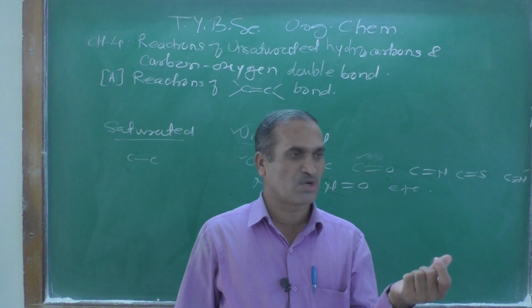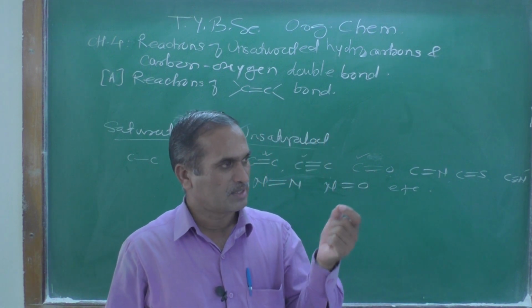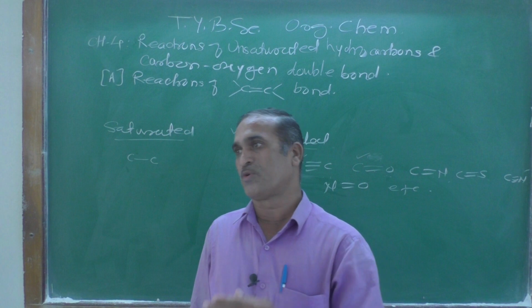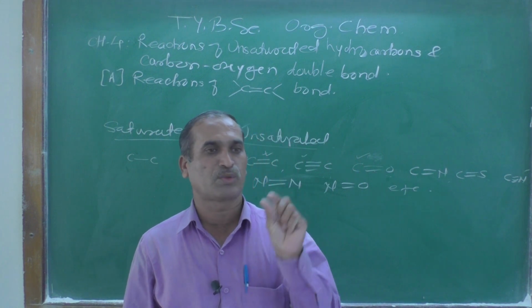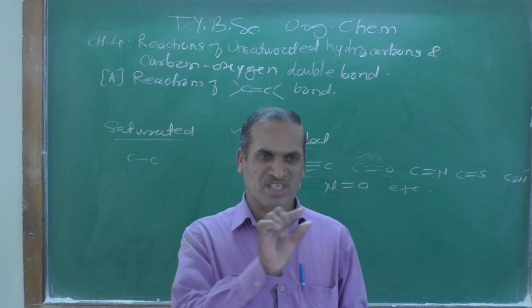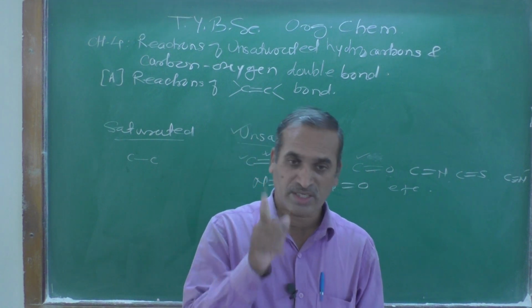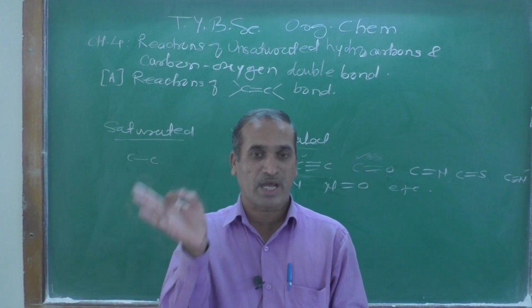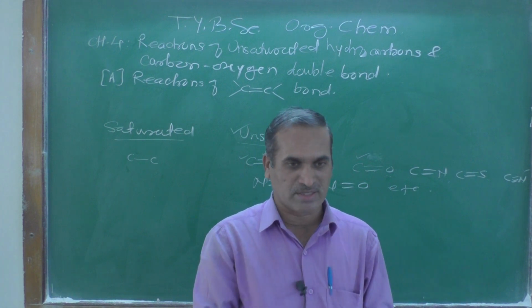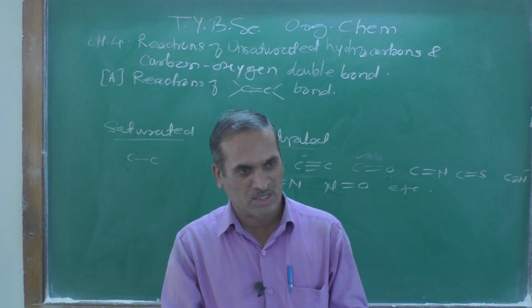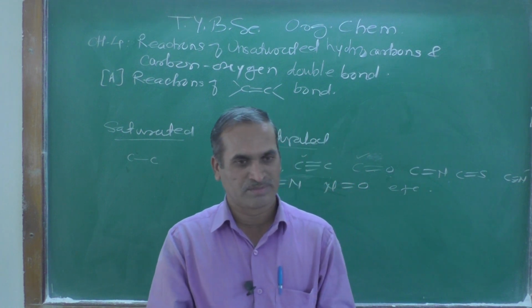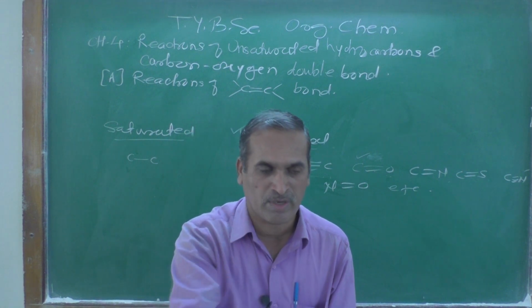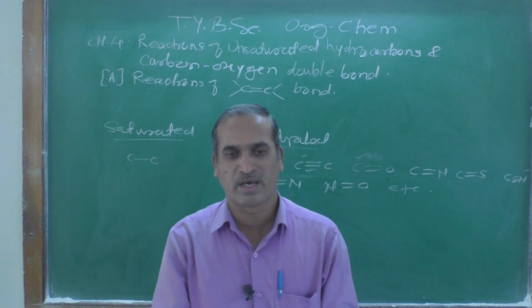Take a pinch of the starting compound, then add the reagent Br2 in the presence of CCl4. CCl4 is a non-polar solvent, and Br2 is brown in color. By just looking at a change in color, that clearly indicates that the given compound is unsaturated in nature. Suppose the brown color remains as it is, there is no change in color, no decolorization. Decolorization means change in color. No decolorization means the original color remains there.